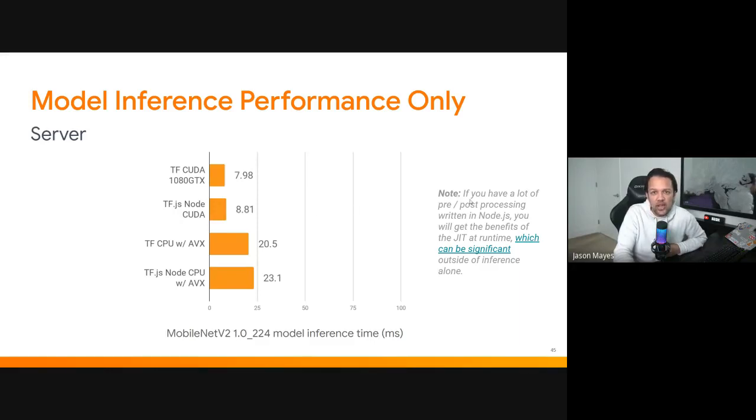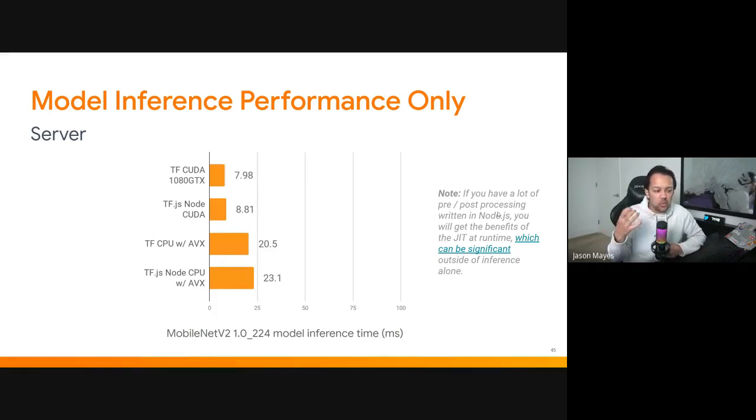And if you actually take into account the pre and post processing, and what do I mean by that? So for those of you new to machine learning, as I mentioned before, the machine learning model always expects numerical inputs in a certain form. And let's say you have an image. Maybe you need to resize that image. You need to convert it to grayscale. You then want to have those grayscale values normalized between 0 and 1 instead of 0 to 255. This is called pre-processing.